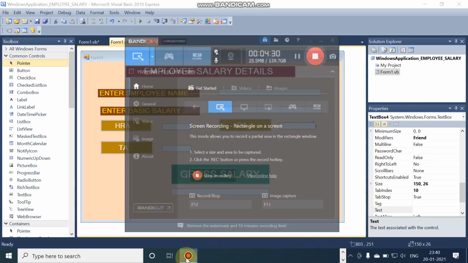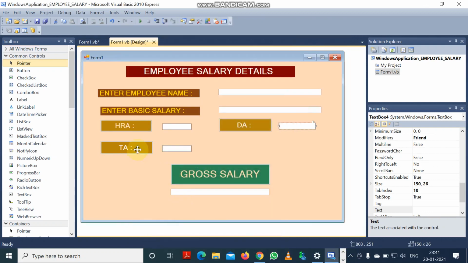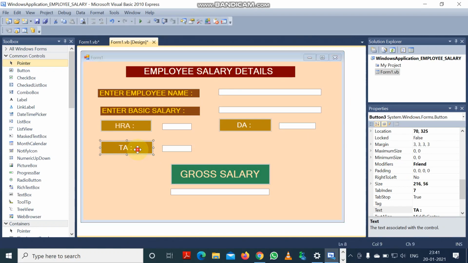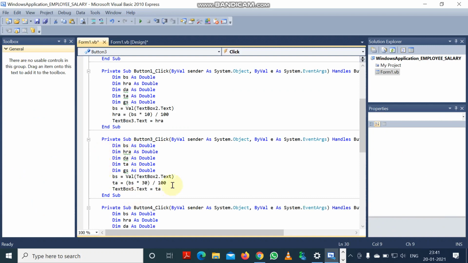And you can see this. I'm clicking on the third button, and you can see for the third button the same code I have written. I have taken 5 variables: BS, HRA, DA, TA and GS, all with the double data type. And now again I'm taking the basic salary from text box 2.